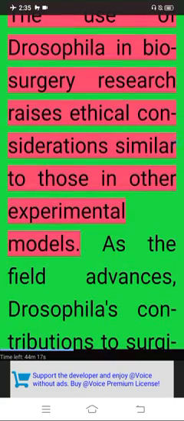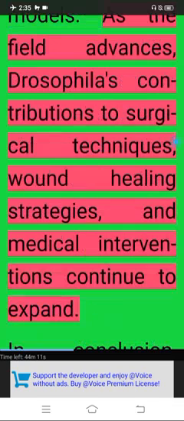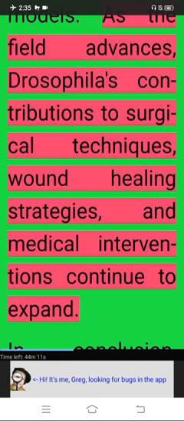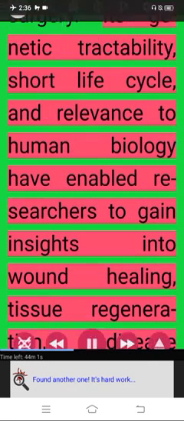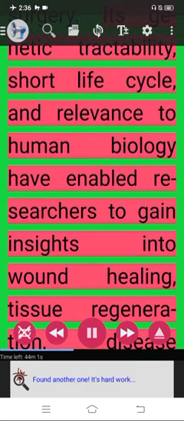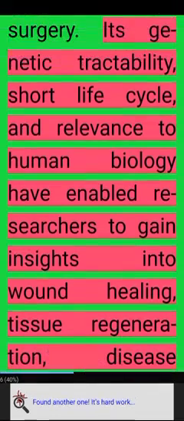The use of Drosophila in biosurgery research raises ethical considerations similar to those in other experimental models. As the field advances, Drosophila's contributions to surgical techniques, wound healing strategies, and medical interventions continue to expand. In conclusion, Drosophila melanogaster, as a model organism, has made significant contributions to the field of biosurgery. Its genetic tractability, short life cycle, and relevance to human biology have enabled researchers to gain insights into wound healing, tissue regeneration,